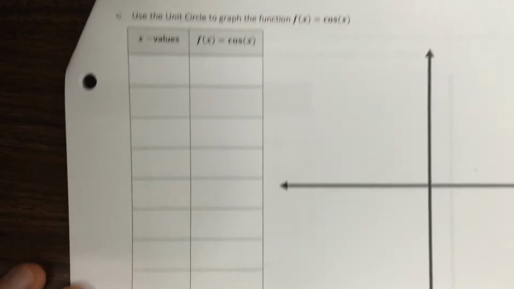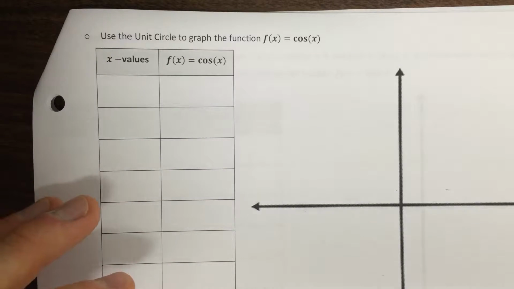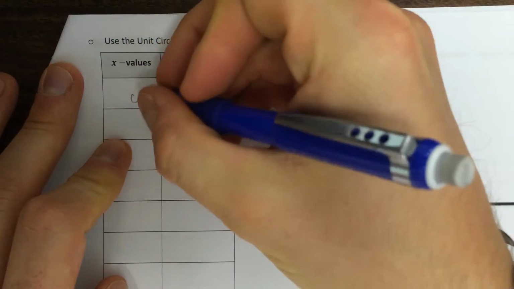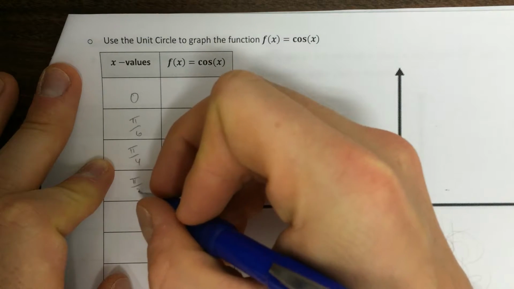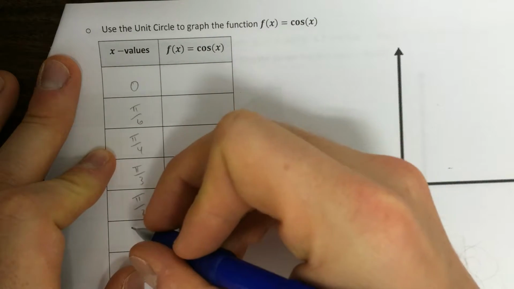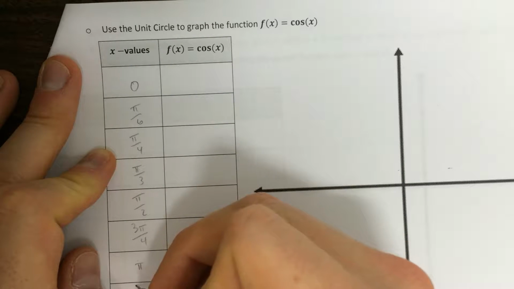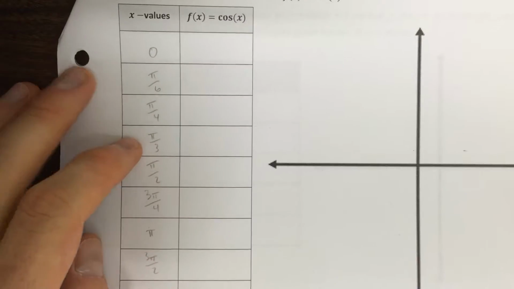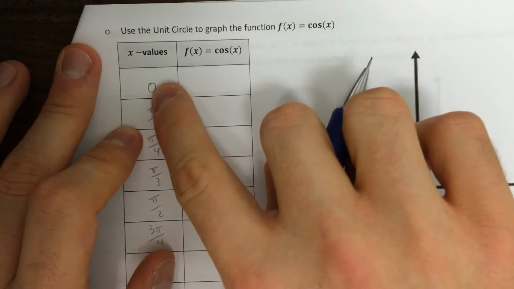In class we said that you're not going to be given x values all the time, so you'll have to determine those, but for now we can say x values of 0, pi over 6, pi over 4, same ones as we used for sine. 3 pi over 4, pi, 3 pi over 2, and 2 pi. And so similar thing here, we're just going to plug the values into our function, replace x with our values,